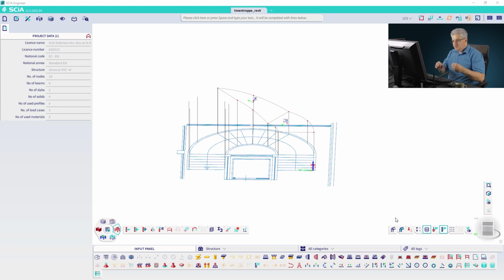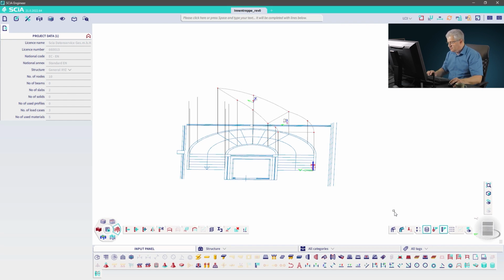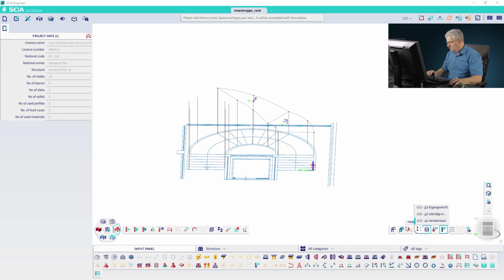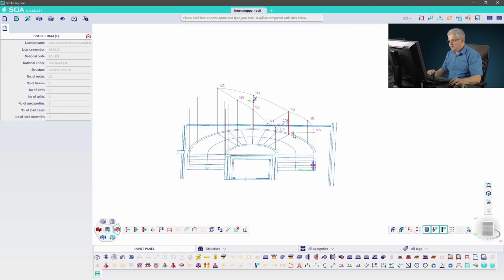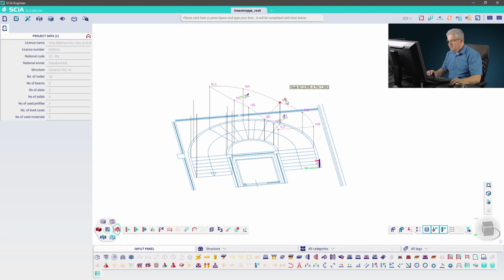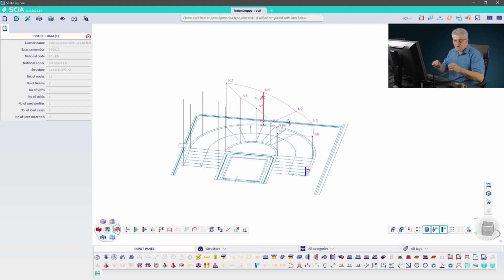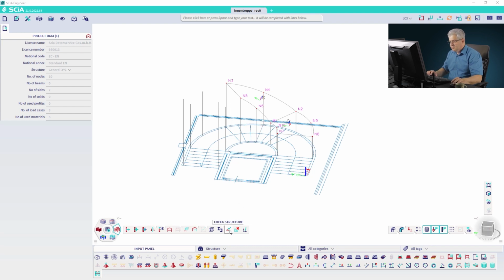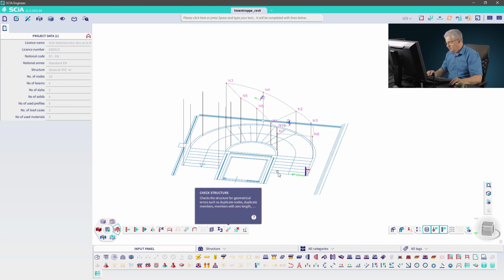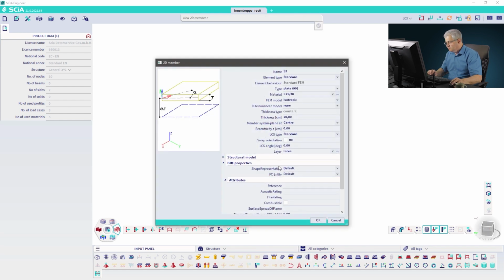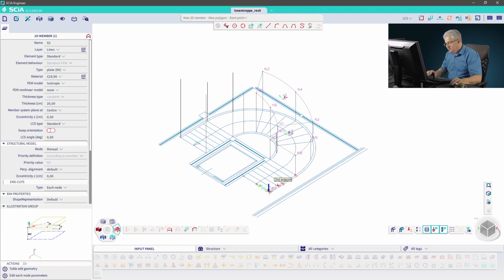There is a possibility to check if you have connected the nodes before you start, with check structural data and so on. These automatic functions simply activate the node numbers, and then if you see that you have 2 numbers written one over the other, you know that there is something wrong. Then you can move the nodes, or you can start this check structure, and these nodes will be joined together. So, and finish this part. So this is one